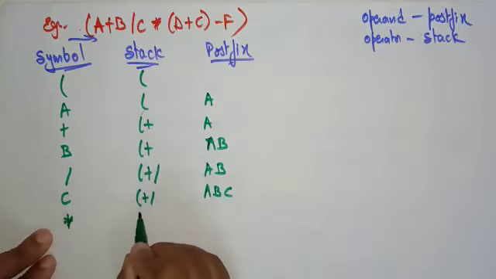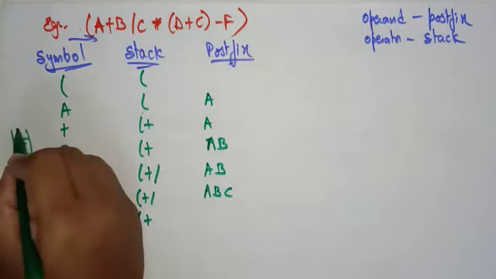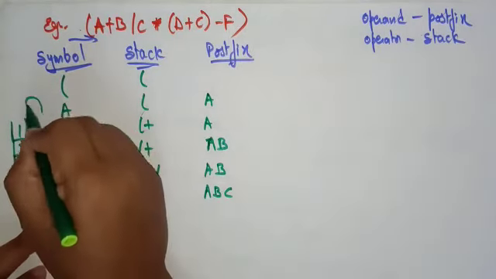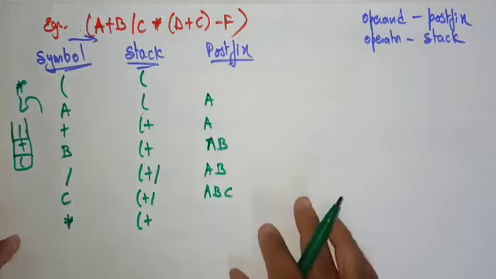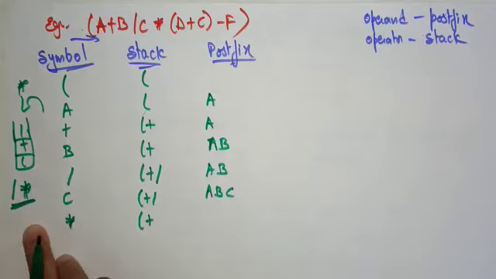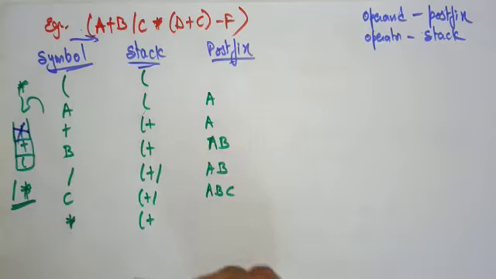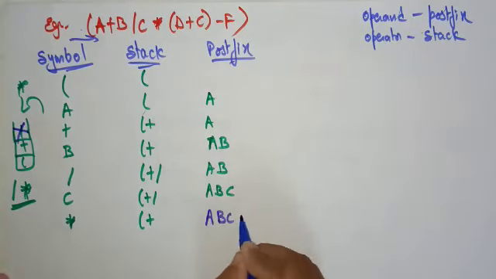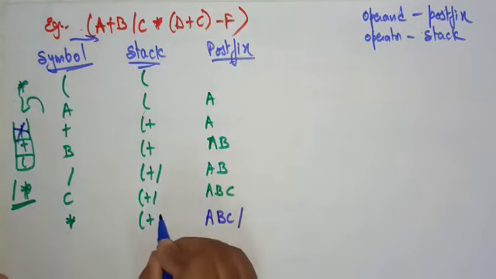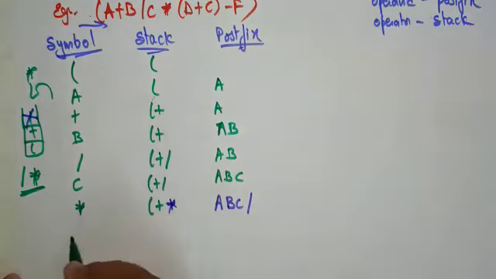Okay, so now star. See here, on the top of the stack you have division, and now you are placing the star, multiplication. Both division and multiplication have the same priority. According to our rule, if both operators have the same priority, they cannot stay together, so one needs to be popped. The top of the stack is division, so I pop that and place star on the top of the stack. Is it clear?